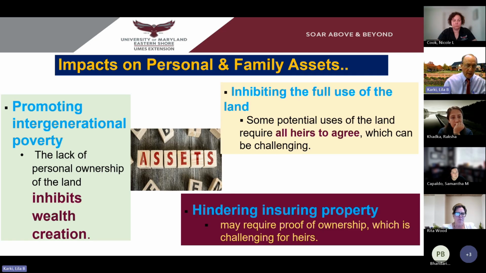And at the family and personal level, that keeps on creating intergenerational poverty, because the lack of personal ownership of the land inhibits wealth creation on that particular land, because we cannot develop that land. Similarly, that inhibits the full use of the land, and also hinders insuring the property, because insurance companies also require proof of ownership, which is a challenge for the